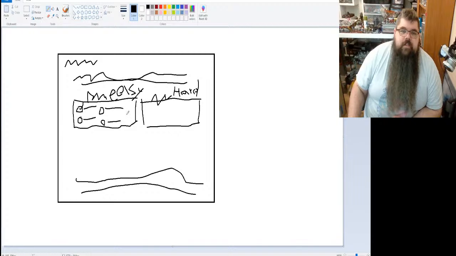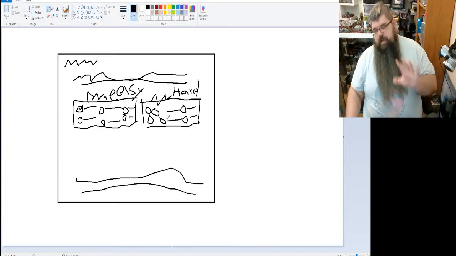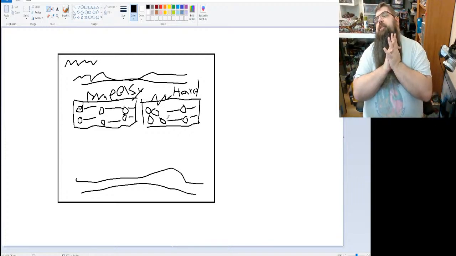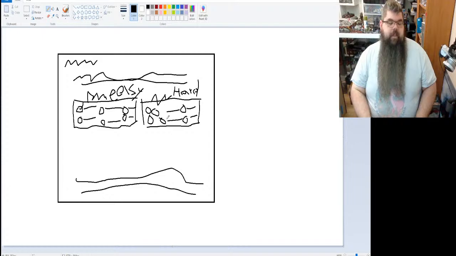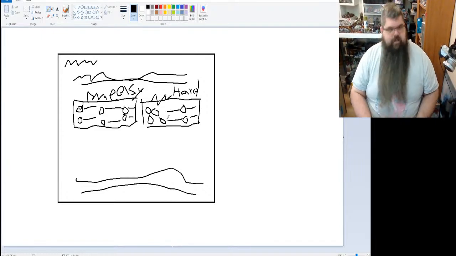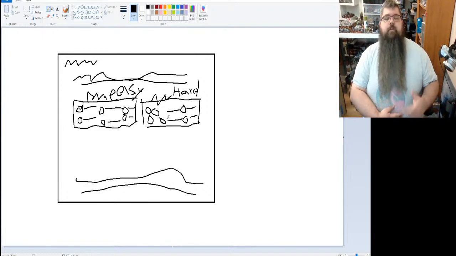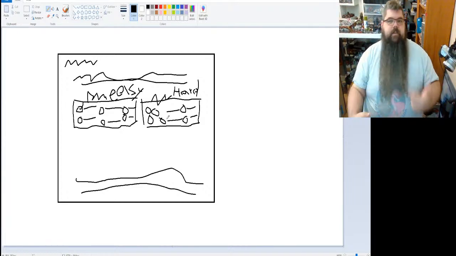So for example, if you're playing against Tyranids, there's going to be options in here for Tyranids. If you're playing against Death Guard, there's going to be options in here for Death Guard. Or if you're playing against, like, whatever, right? So there's going to be different options in here, so you can customize this random behavior table to whatever you're playing. I don't want to check something and then be like, oh, I need to put, I don't know, a Storm Fiend on the table. It's like, I'm fighting Space Marines. What the heck, right? I don't want to do that. I don't want to have to make a different table for each enemy. I want one generic table that I can customize.